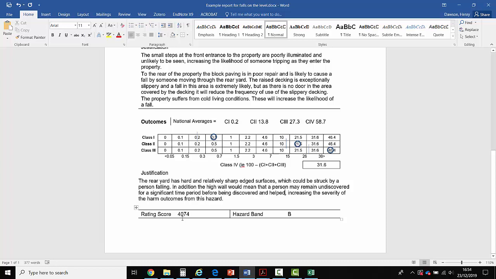The rating score for this hazard, therefore, after we've done the calculation, is 4,074, which means it's a hazard band B, and it is what we term as a category 1 hazard. In other words, the local authority discovering this hazard would have a duty to take some kind